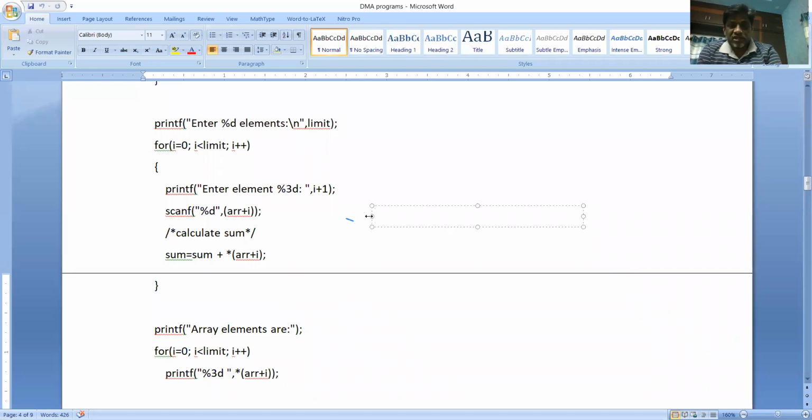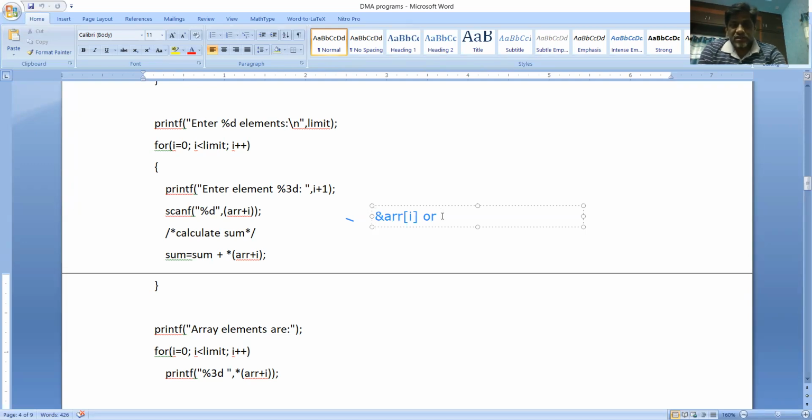So the possibilities are, in place of ARR plus i can be written as &ARR of i. Before that, you need to write %d. Okay, either this way or one is already written over here. ARR plus i is already written over here. This is another possibility.